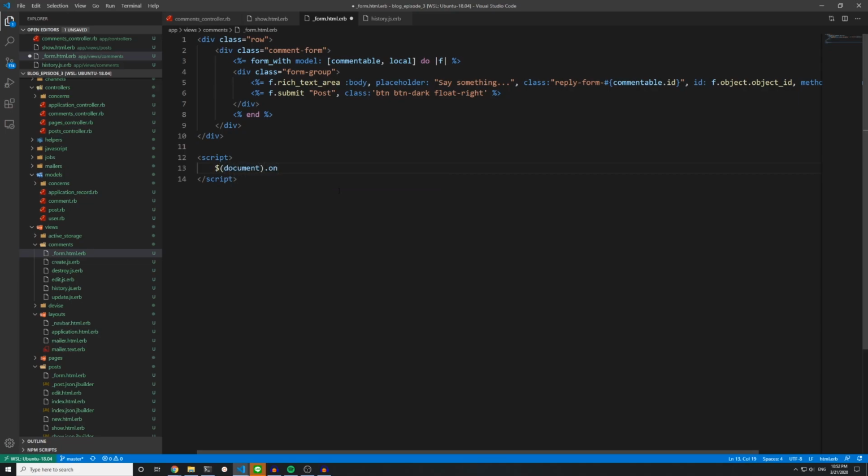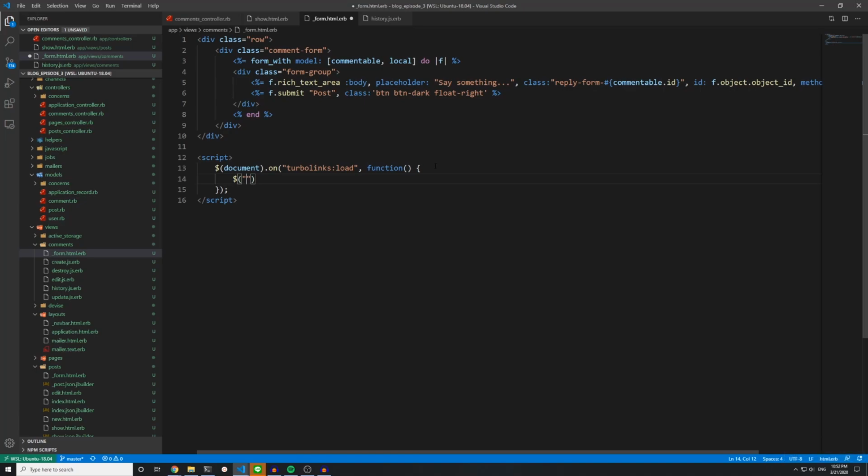And because we need to make sure this always runs, we need to stop our good old friend Turbolinks from being nightmare fuel. And for this, you can use the document.on to listen for the turbolinks:load event. And then when that loads, you can call this function, close it with a semicolon. You can then say,